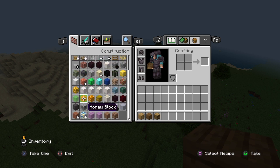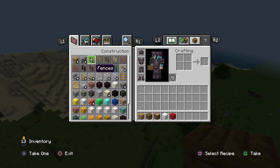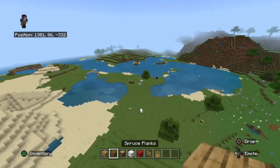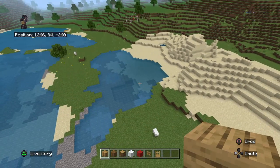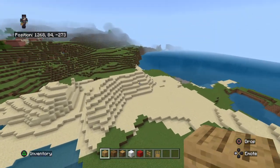I'm just going to get some wool, because I think that'd be a cool material for the sail. That's concrete powder. Where's wool? There. White wool, and then I might get a red wool in case I want to do anything else with that. I'm going to get fence, because I think fence panel would be a good material for part of it. So I'm going to start with the base of it. It's got to be in a part of the water that's accessible, like here. We can't do it here because it's too shallow. So we'll do it here,